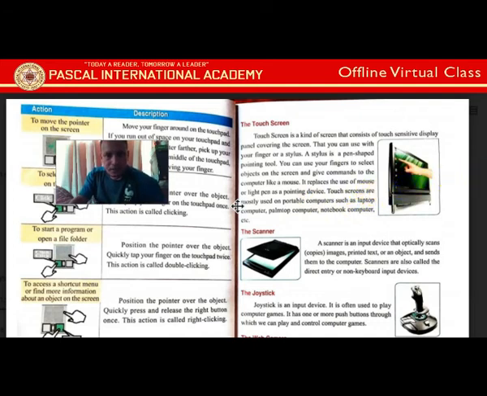Okay students, let's discuss the touch screen. Let's read it. A touch screen is a kind of screen that consists of a touch sensitive display panel covering the screen. As you can see in the picture, this is a touch screen.